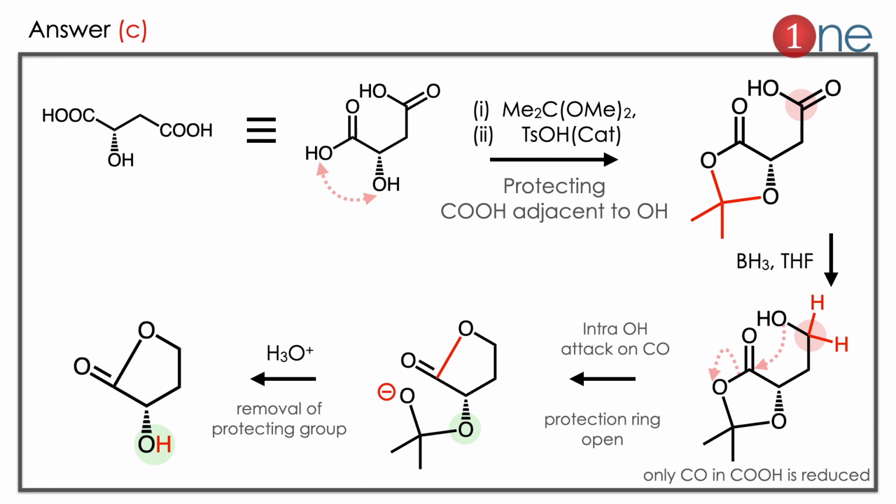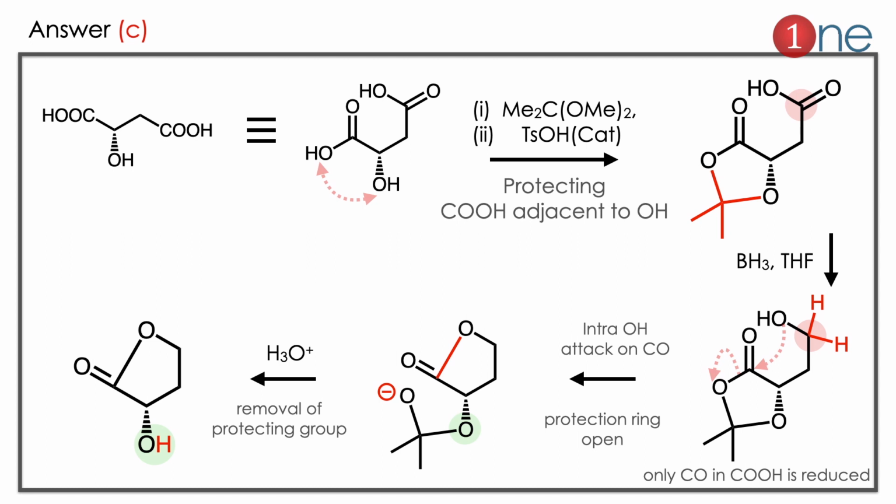Then you are using the next step, borane. Borane only reduces the carbonyl group in the acid. So the carbonyl group in the acid is getting reduced. CO becomes CH2 there, so CH2 there will be OH. So OH is there, and the carbonyl group is there. Definitely OH can attack CO there. It will be an intramolecular reaction. So OH attacks, the O leaves, so the protecting group leaves. We will remove it completely by acid hydrolysis. So the hydroxyl group is formed here.